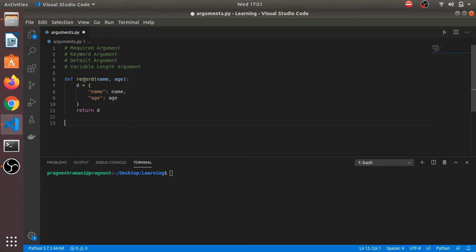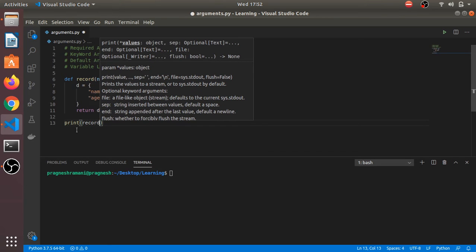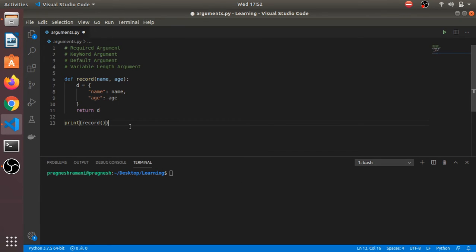So this is basically a function definition, and if I am calling this function, print record, I need to pass the required arguments. Then I need to maintain the order of the argument passing.